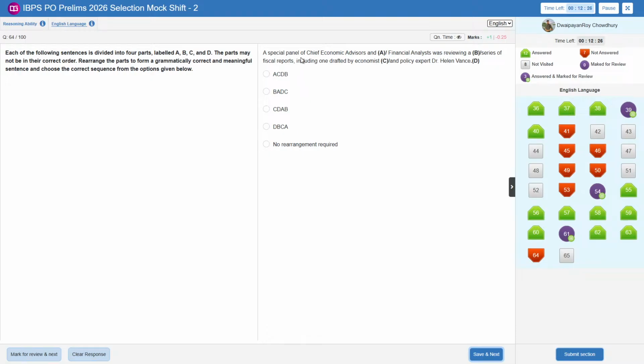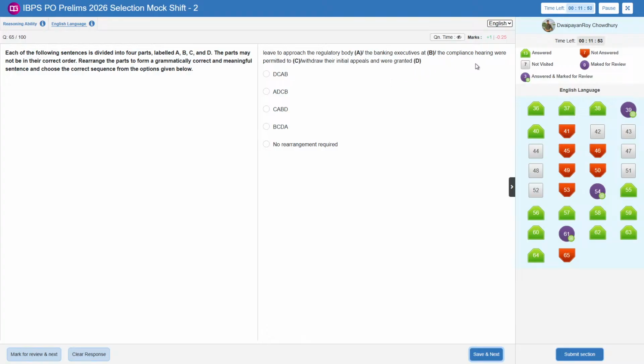A special panel of chief economic advisors and financial expert analysts, and okay, a special panel of chief economic advisors and was reviewing a series of fiscal reports, including one drafted by economists and policy experts. So I think no arrangement is required here. If the last one is